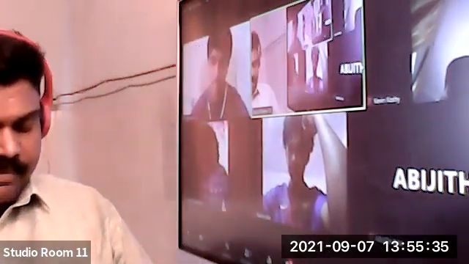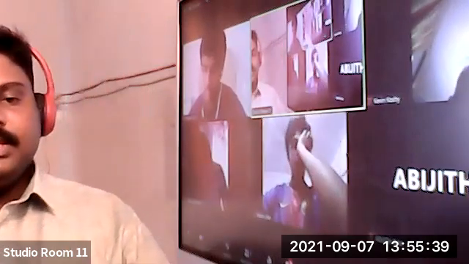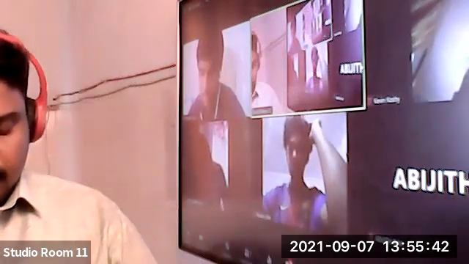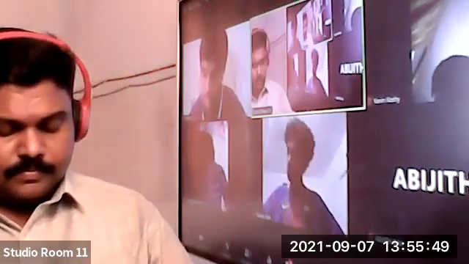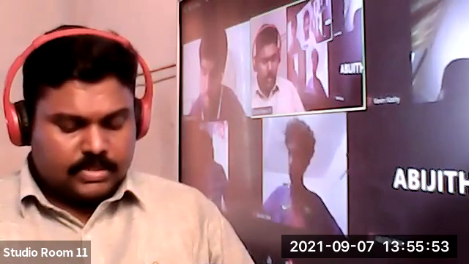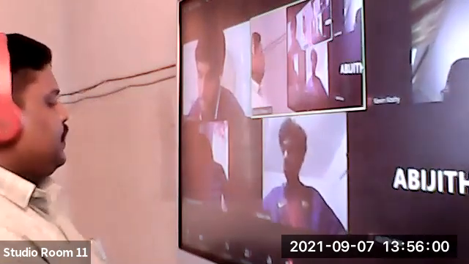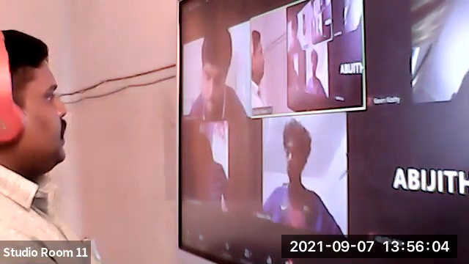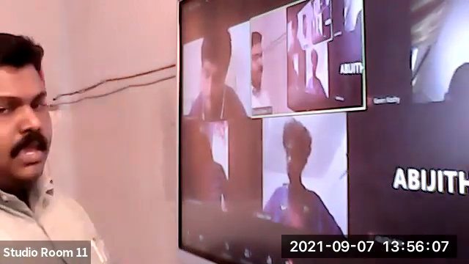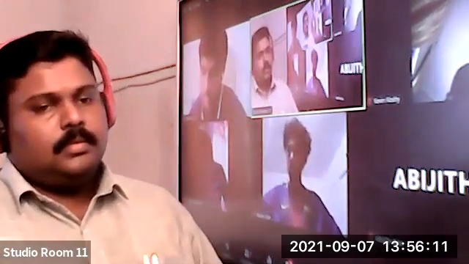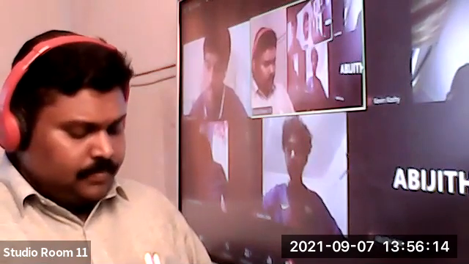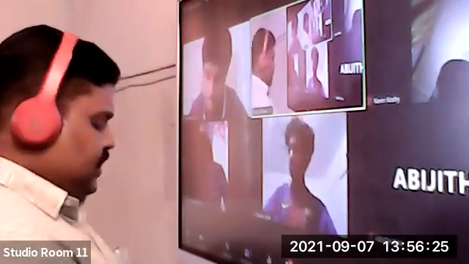Okay, next point. The 73rd Amendment is about rural local governments, which are also known as PRIs: P capital, R capital, I capital, s in small. PRIs, Panchayati Raj institutions. And the 74th Amendment